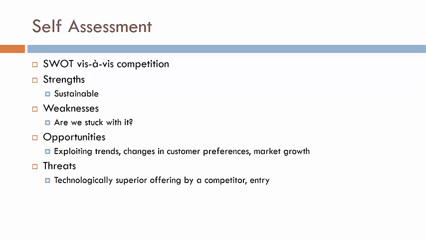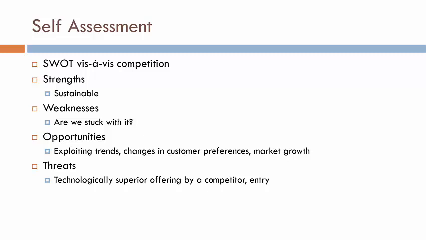Another example that I'll give you is a new trend, the growing health consciousness. Consumers are becoming more and more health conscious over a period of time. In recent years, we've seen this trend significantly impact a lot of industries. So think about the food industry, think about the ice cream manufacturers. How has this impacted them? This is a threat. Growing health consciousness is a threat for all the businesses operating in the ice cream industry, because it's not specific to one player. This is not a threat to one player. This is a threat to all the players that are part of that industry. So that's really what threats are.